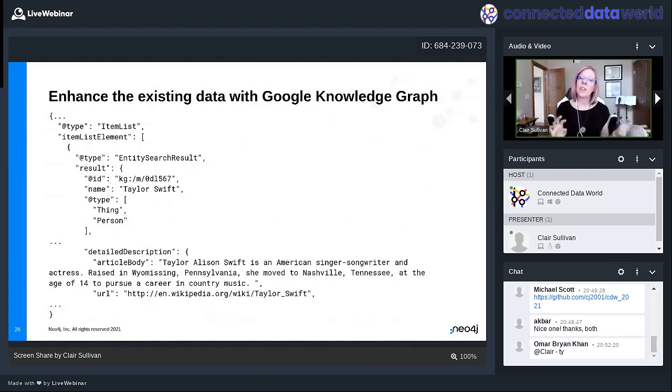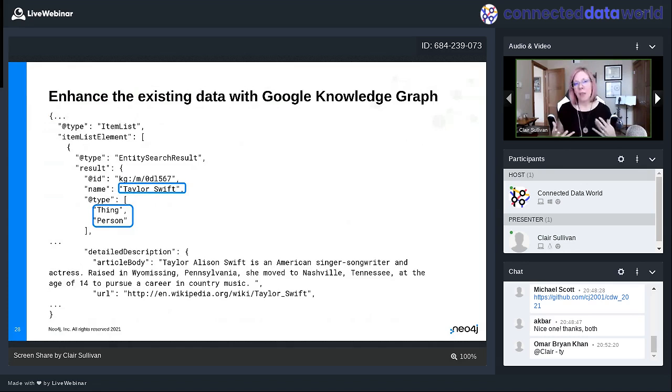When you query the Google Knowledge Graph, this is a bit of what you get back. So in this case, I queried for Taylor Swift. Now, I will admit to knowing nothing about Taylor Swift, so bear with me here. But I get back the name, which is basically my search term. And then I get back something called type. These are interesting. The type can be used, if we do it properly, to create our node labels. So I would have Taylor Swift labeled as a thing, could be, and a person.